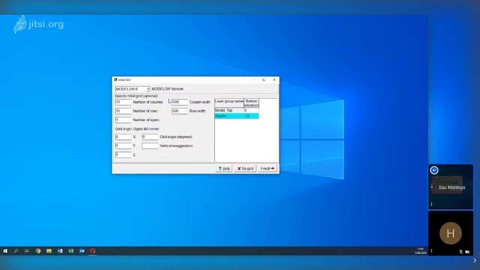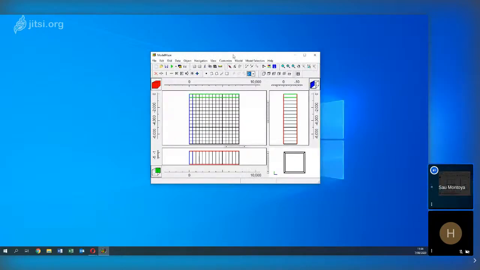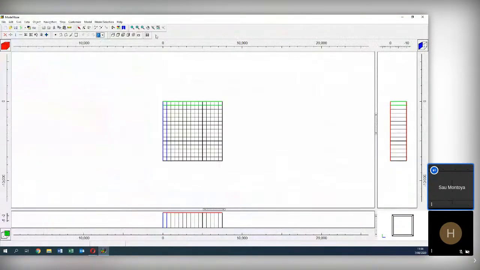I hope that everybody is here right now, and let's go to finish. Okay, so here we have our model. Great. So here we are. We have 15 columns, 15 rows.